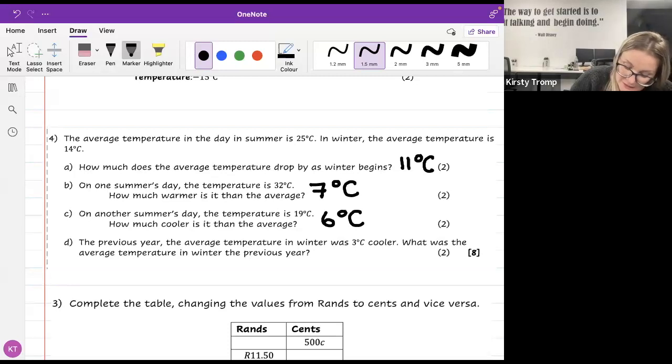And finally, the previous year, the average summer in winter was 3 degrees cooler. What was the average temperature in winter the previous year? So if this year it's 14 degrees, and last year it was 3 degrees cooler, it will be 11 degrees Celsius. Okay,